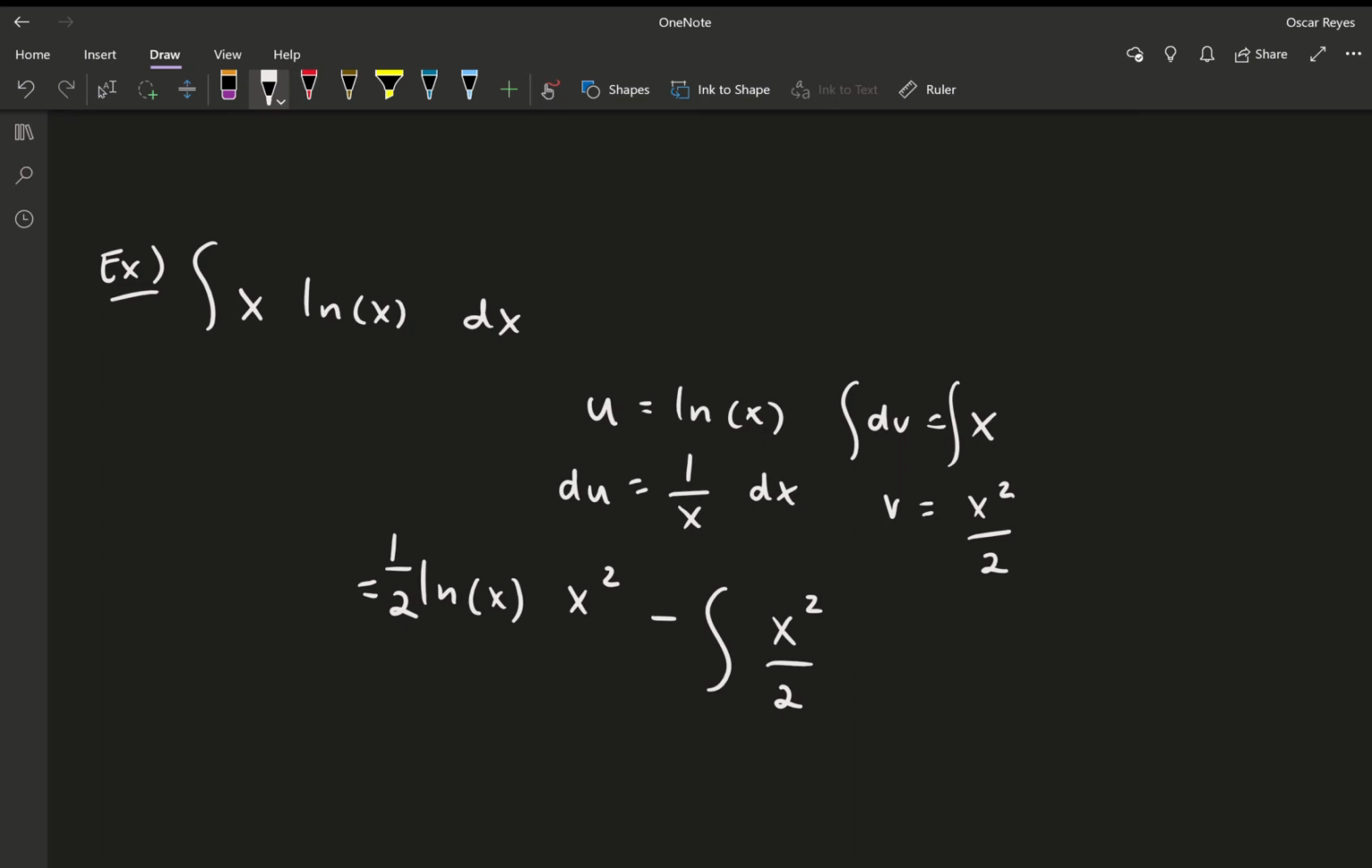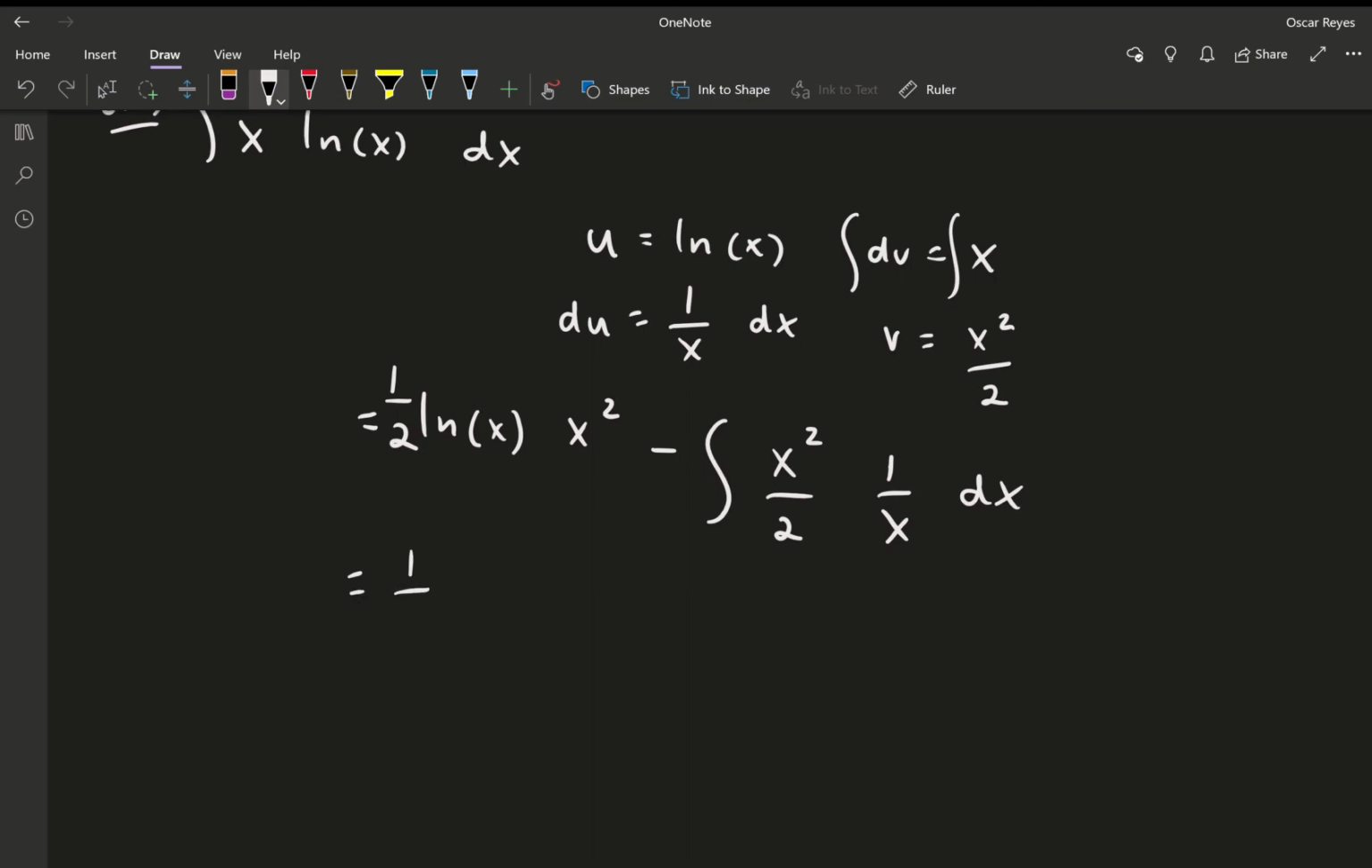Okay. du is 1 over x dx. So as we can see here, we're going to go ahead and rewrite this a little bit nicer. We have ln of x squared minus, well, here we have x squared and we have an x. Those can cancel, and we're left with basically x over 2. So it's the integral of x over 2 dx, which then we can do is we can go ahead and